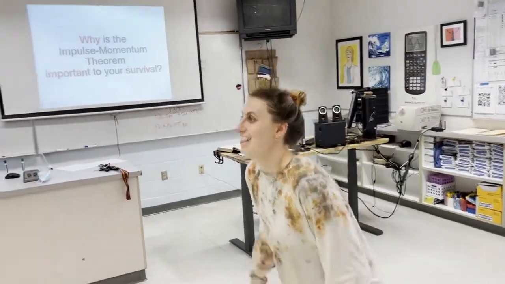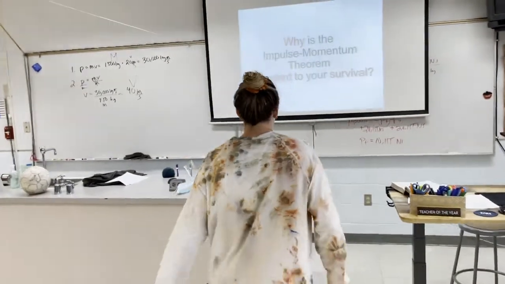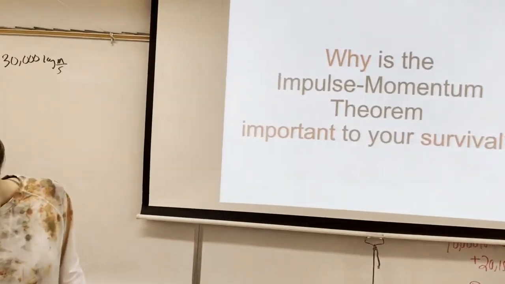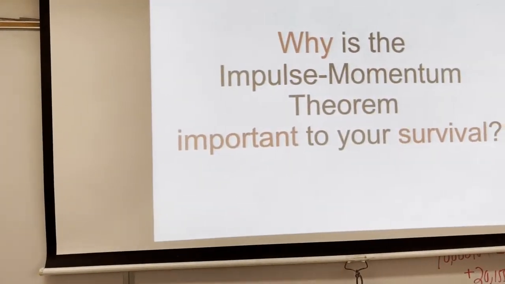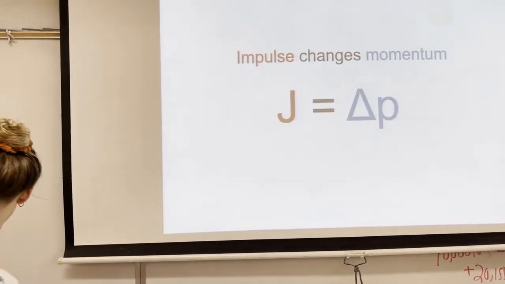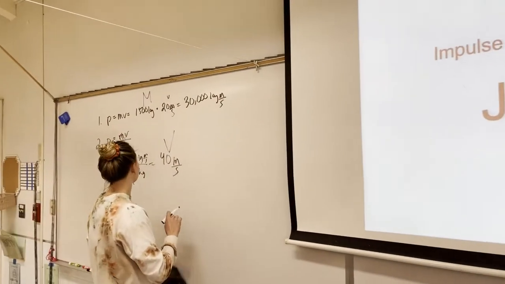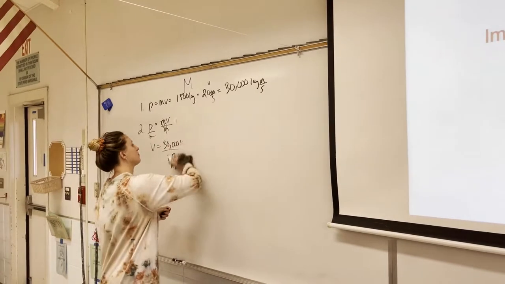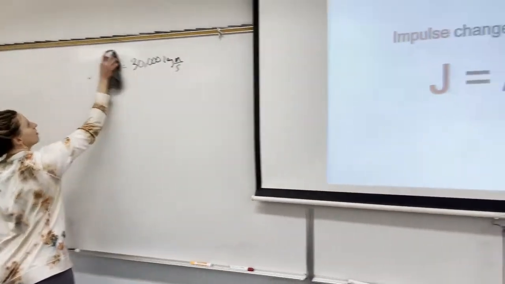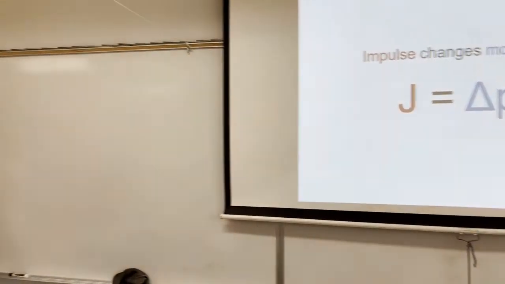How did that feel? Uncomfortable. I'm tensing, clenching so I don't hurt myself here. It doesn't feel good, does it? And why is that? So we know that impulse changes momentum. You had some momentum just before you hit the ground, and then that went to 0. So your momentum changed. If you jump the same height both times, the change in momentum was the same. That means you required the same impulse to change your momentum.